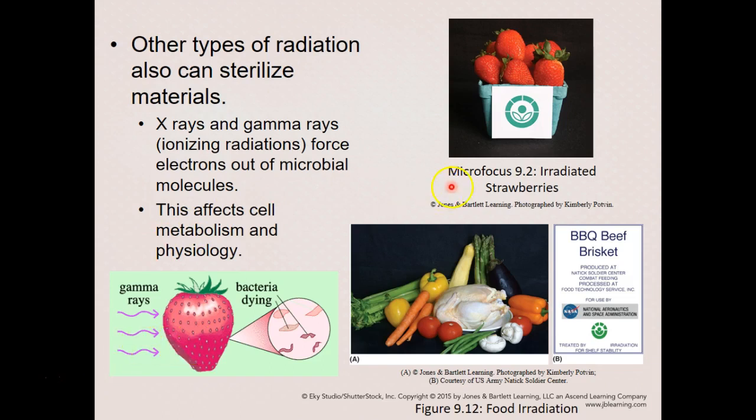And so irradiation is a form of gamma radiation where we shoot radiation into fruits and vegetables, and that kills off bacteria that typically would cause food spoilage. And this allows us to keep our fruits for longer periods. So if you purchase fruits and vegetables from the grocery store, they typically last longer than if you purchase fruits and vegetables from